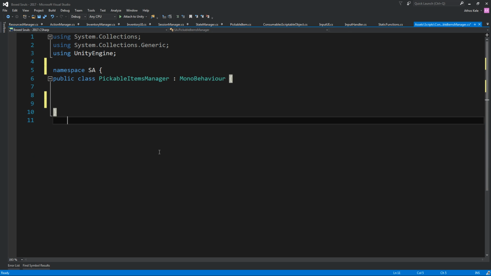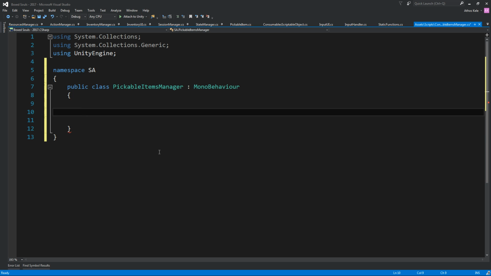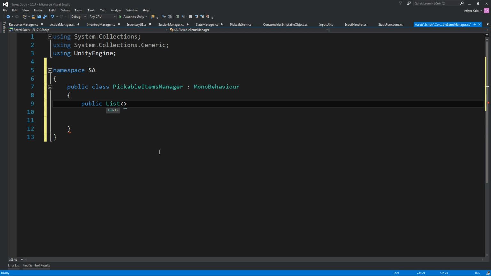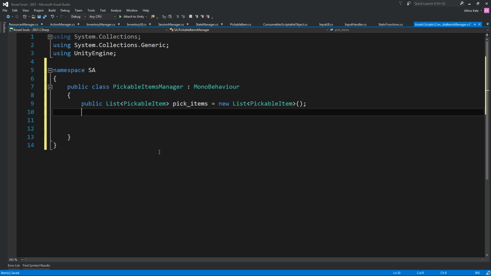Namespace save. Okay, and we're just going to add a list of pickable items, or pickable items equals new list pickable item. Then we're going to have a public pickable item candidate,